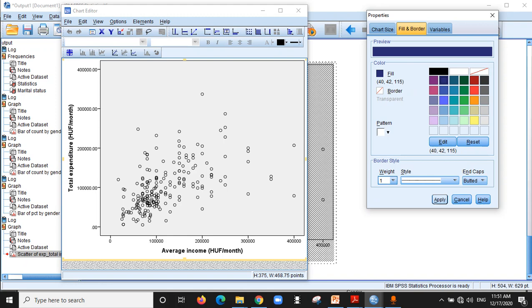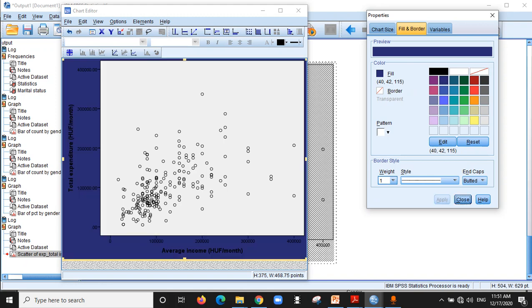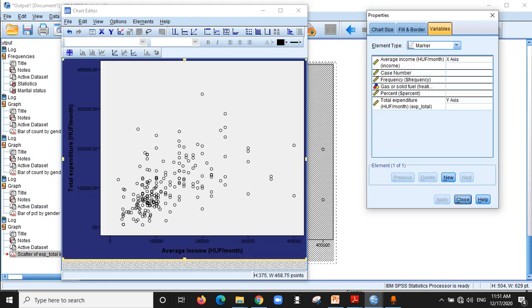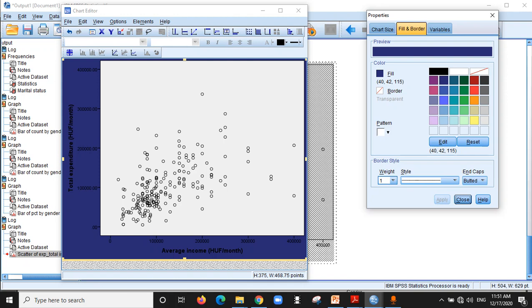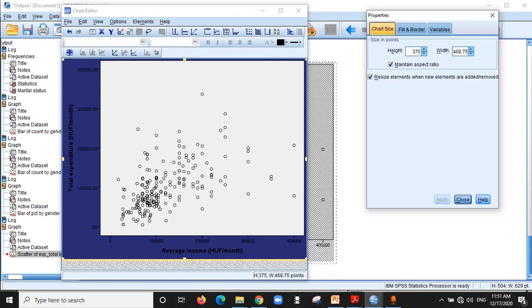For example, this is the fill and border. We can change the chart size, and